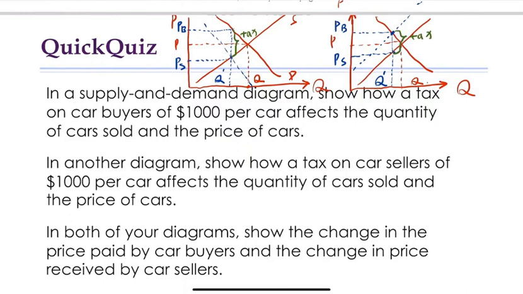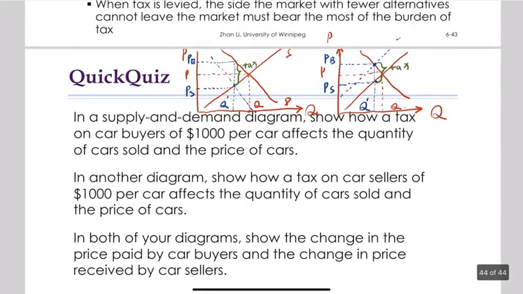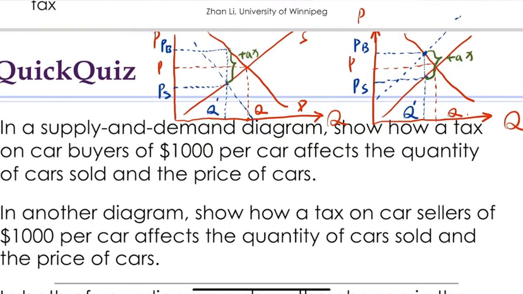And the third question is, in both of your diagrams, show the change in the price paid by car buyers and the change in the price received by car sellers. This is pretty simple, right? You can see that for the first graph, this is the change of the price paid by buyers. And this is the change of the price received by car sellers. The same on the left-hand side, right? This is the change in buyer's price. This is the change in seller's price. And you can see that